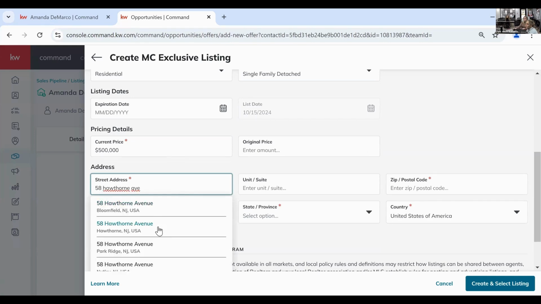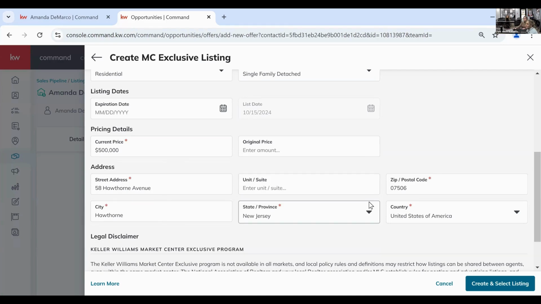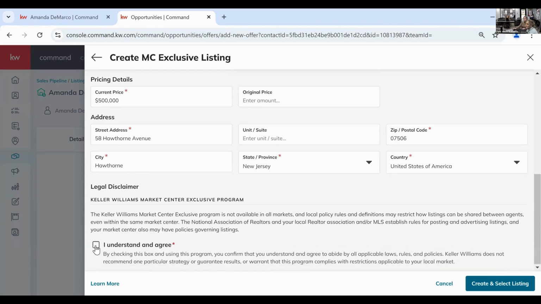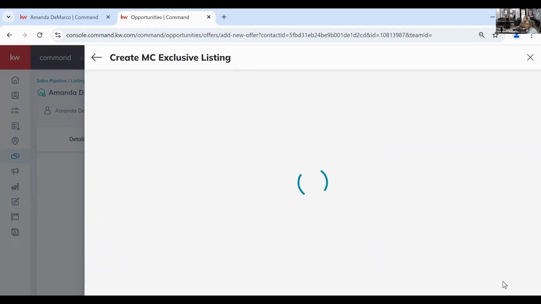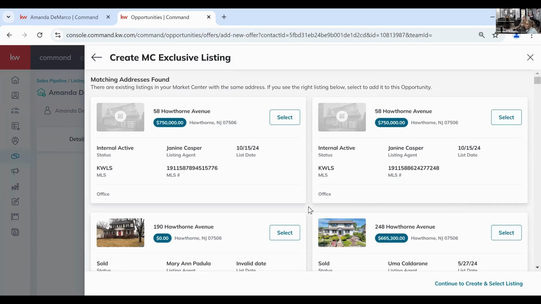So I'm just gonna choose a random address. It's gonna fill everything in. I'm gonna click on I understand and agree, because again, this is not gonna show up in any other market center, just ours. Create and select listing. Now, after you hit that create and select listing, you are going to be brought to